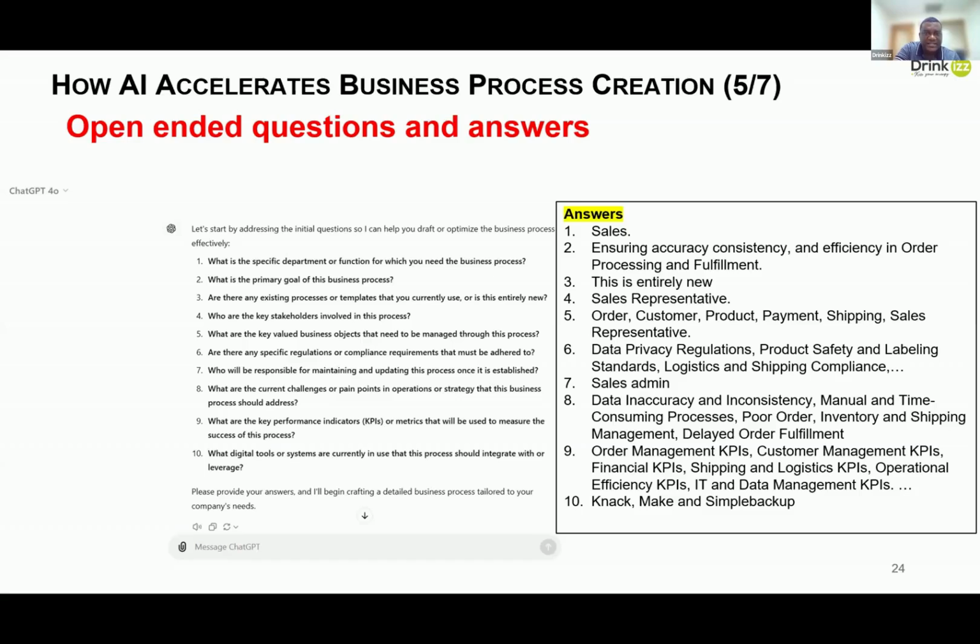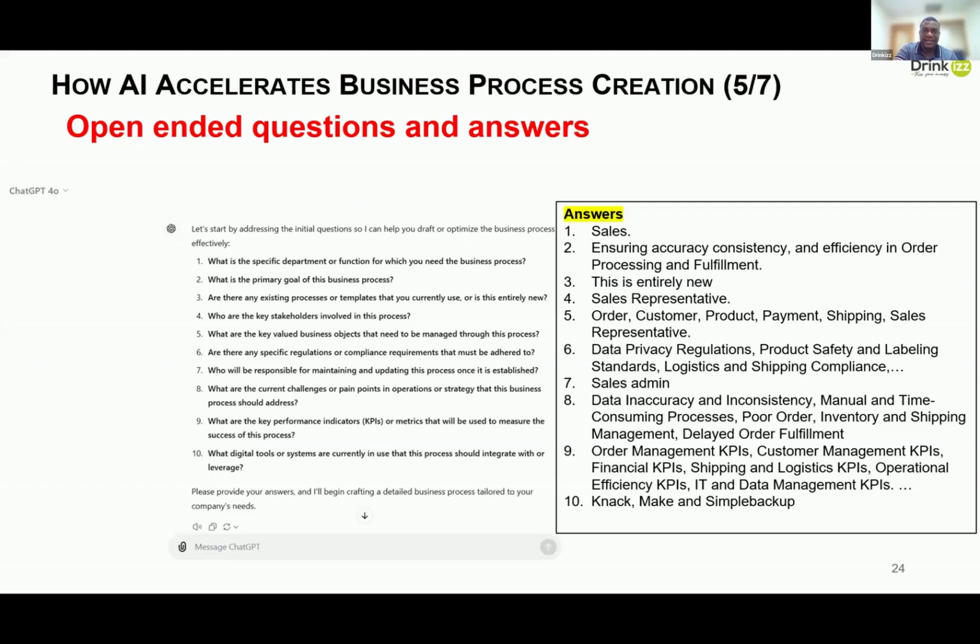So the answer is, this is new for us. Here, on the left side is the question from the AI, and on the right side is the answer, which can be from your manager, or it can be me. So it means I'm working in collaboration with AI. I'm not dependent on the AI result, but I'm also trying to adapt